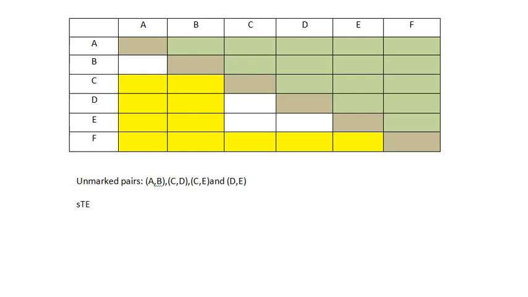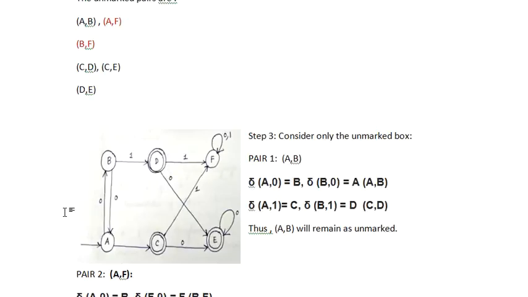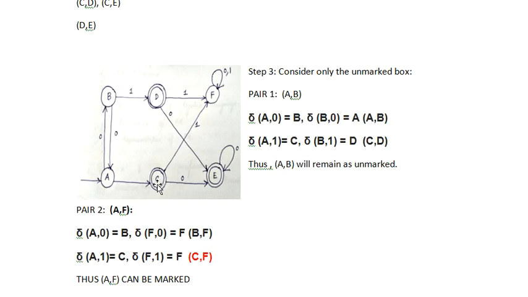So this will be your step number 4. What we have to do is find a common similarity between any pairs. Any pairs you have to find a singular similarity. If you look into the diagram, I have got CD as one pair, CE as another pair, and DE as another pair. It follows a particular similarity between each other.